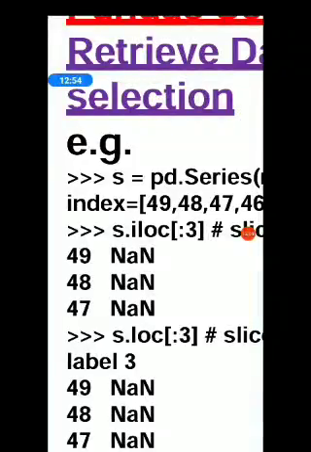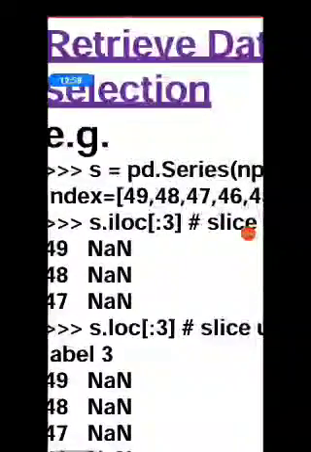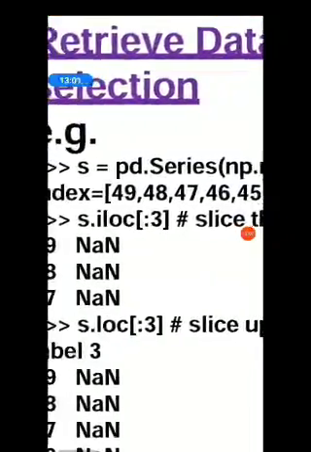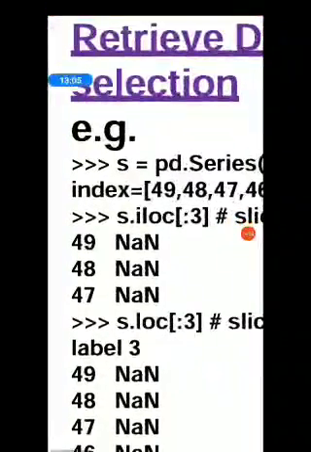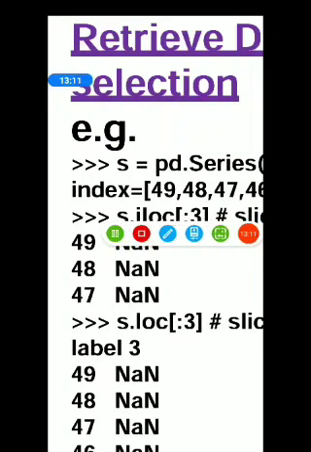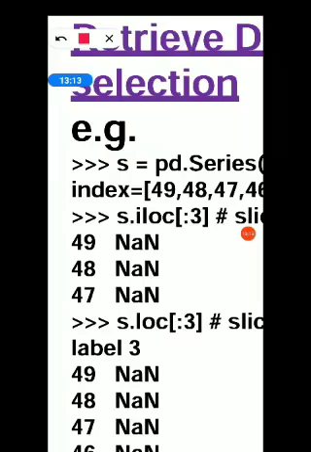I am using the slicing, so the first three rows will be shown here. So the index locations 49, 48, 47 will be shown with the output data with the corresponding value NaN, because it is given over here in our coding.